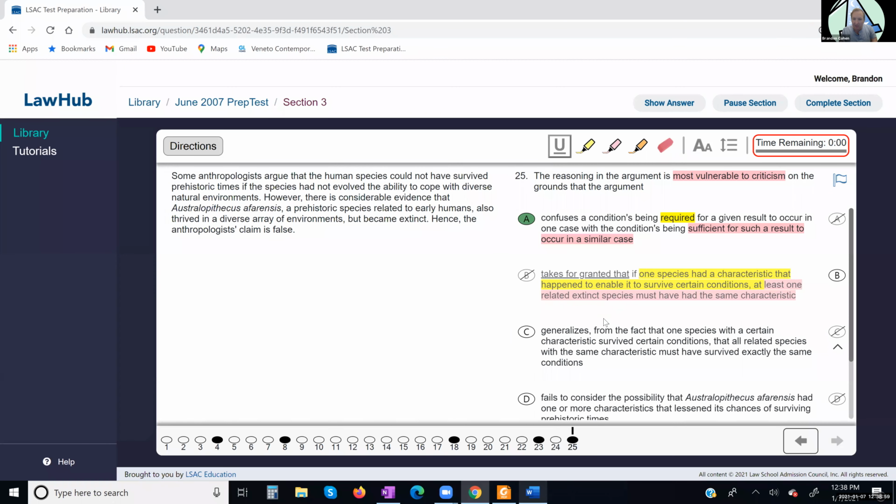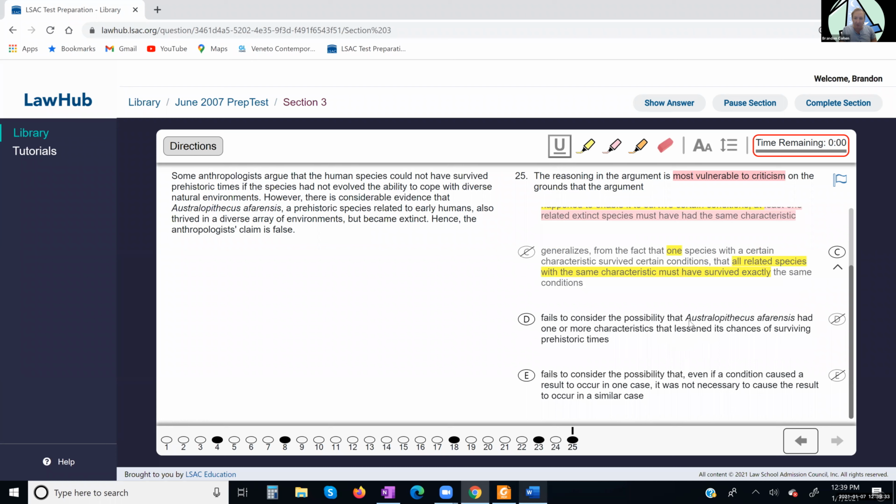Generalizes. So they're getting into, from the fact that all related, they're generalizing from one to all. They're not going from one to all. They're trying to undermine a strong all statement. The evidence is about all, and they're trying to say that's false because of this one example. Well, one example would prove it false if it was done conditionally correct. If you get a 180, then you get into X law school, and you even tell me one person that got a 180 but didn't get into X law school, that would prove it wrong. So it's not going to be C.